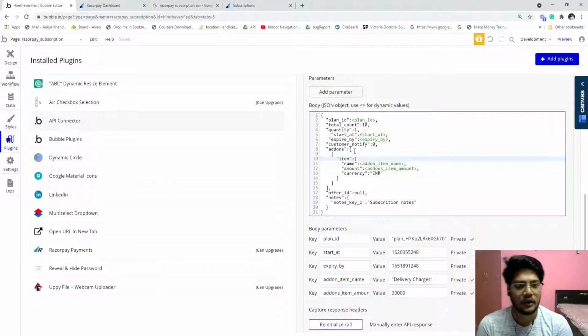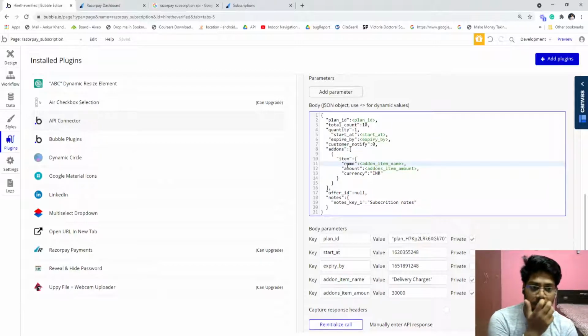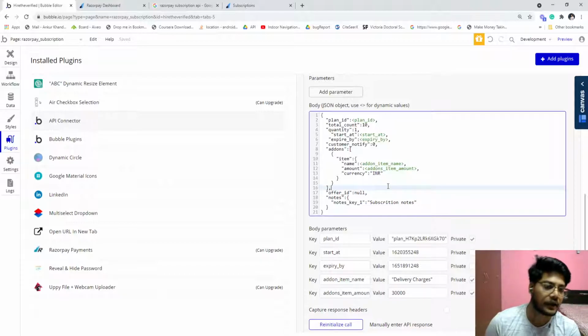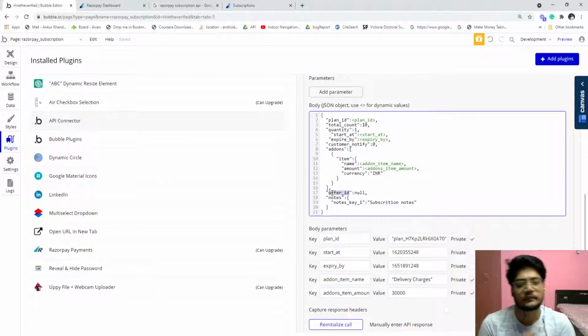In my case, since this is an array, you can add multiple add-ons. In the item field, you need to provide the name. Second is the amount, how much you want to charge, and the currency. I put INR because my account doesn't accept international payments yet, and the offer ID.